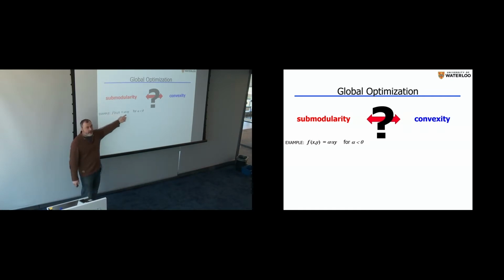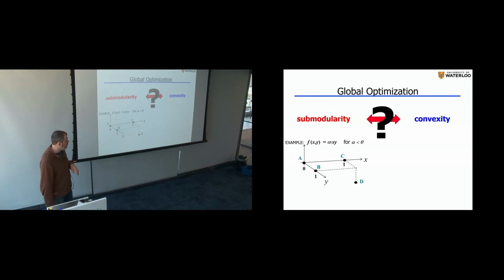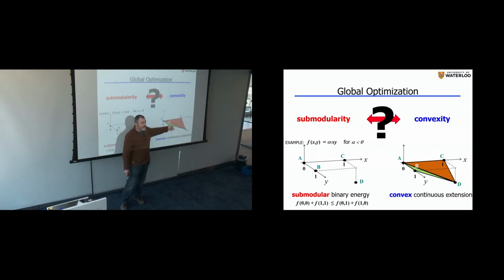Take this pairwise energy, just two binary variables, x and y are 0, 1, and alpha is negative. In this case, you can check it's submodular based on the condition I stated. I can visualize this function by these 4 points. So this is x, this is y, and x could be 0 and 1, and y could be 0 and 1. Then I just have to tell you the value at these 4 points: 0, 0, 0, and then the negative value, alpha. So this is my function, it's submodular, and maybe you say, well, I can extend it. If I relax it, there is a convex relaxation of this function. And indeed, yes, if you relax it that way, it's convex. You may say, oh yes, hooray, submodularity and convexity are similar.